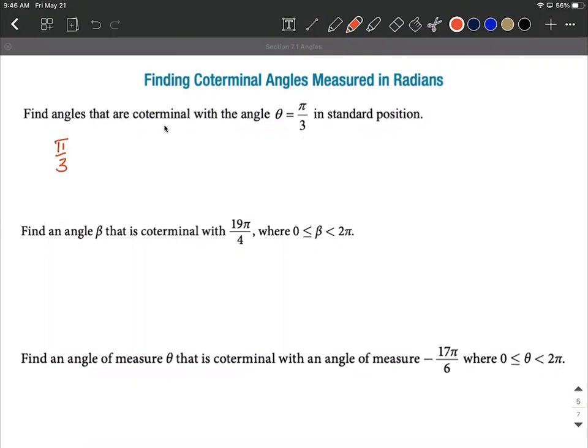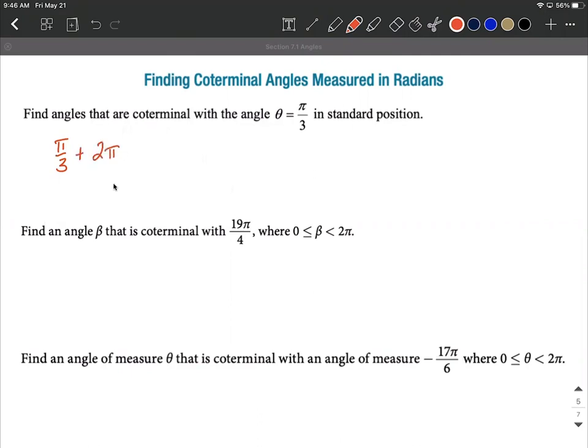Coterminal angles are also going to end up with the terminal side aiming the exact same direction as where pi over 3 aims. But the thing to remember as you're doing these is to go all the way around the circle. It requires 2 pi radians to go all the way around the circle. So to find coterminal angles, what we're going to do is either add 2 pi or subtract 2 pi. So as we're thinking about this, we want to start with our angle that's given to us,